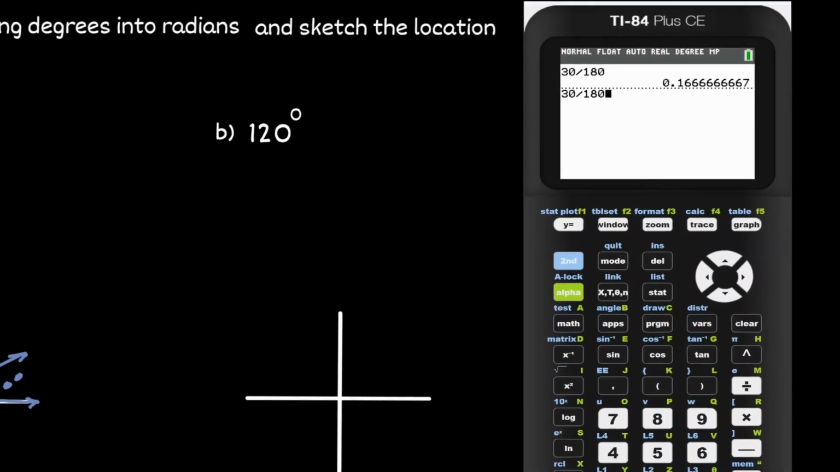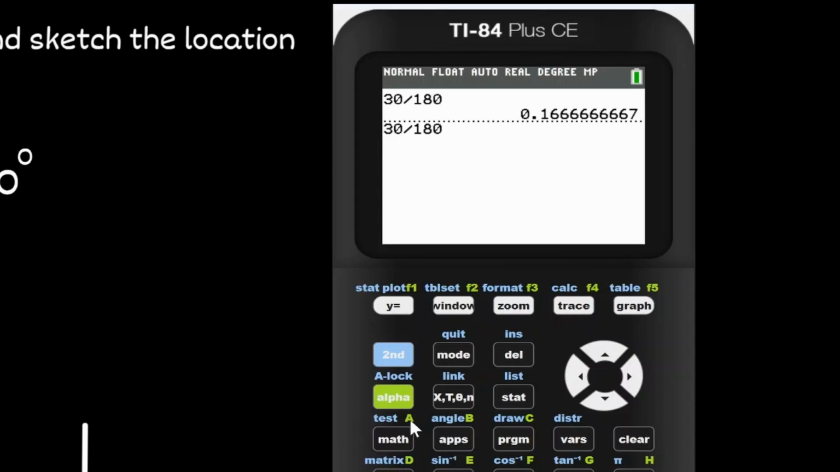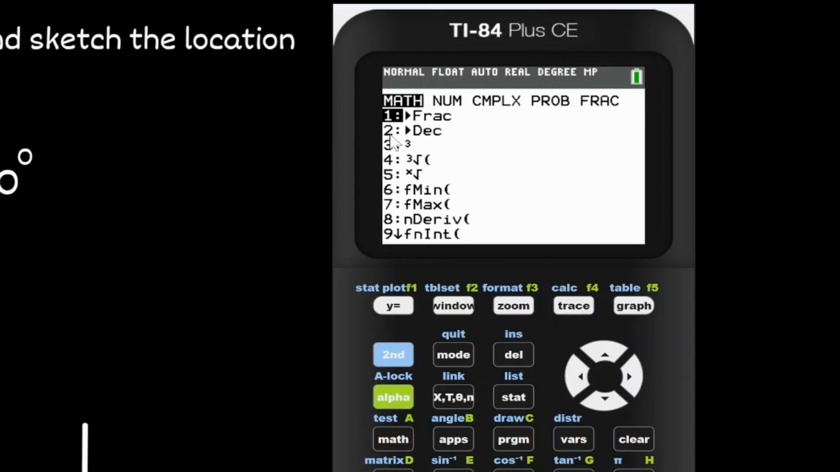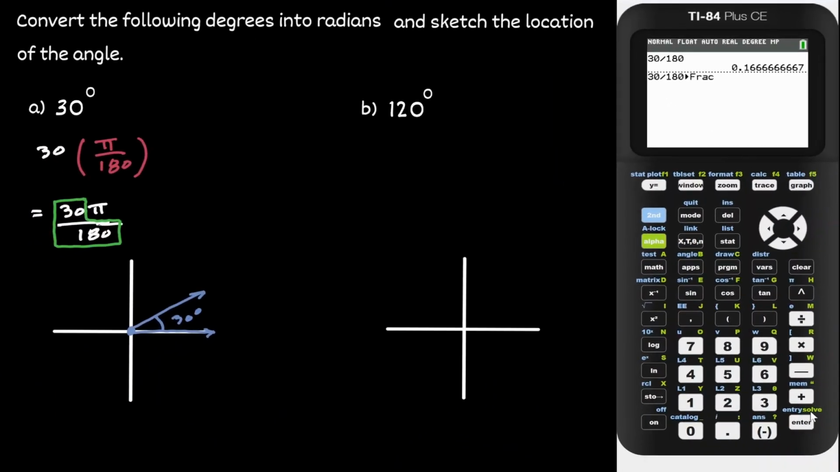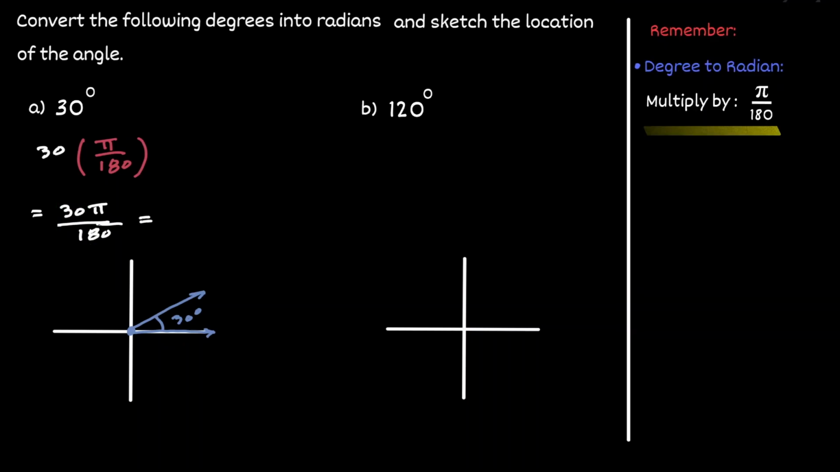But before we press enter, let's hit the math button here, and let's choose option 1, which is fraction. What we're telling the calculator is, I'm giving you a fraction, and I want the result to also be given as a fraction. So now let's press enter. Now we can see the fraction 30 divided by 180 is equivalent to 1 over 6. So after the simplification, we got 1 pi divided by 6